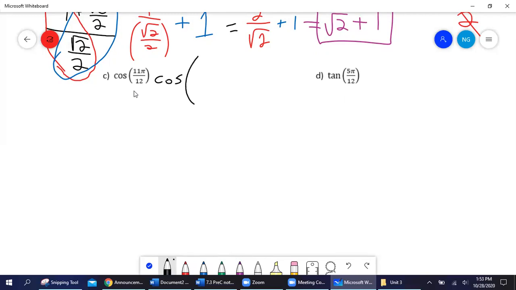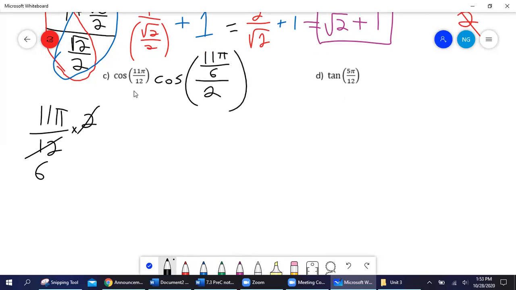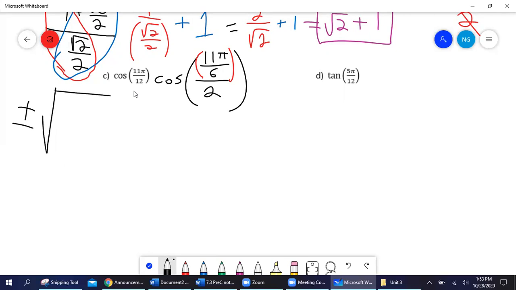11 pi over 12 is half of some angle. Remember what we did up top? We took the angle and multiplied it by 2 to figure out what the x angle would be. Well, that would be 11 pi over 6. So my x angle is 11 pi over 6. Now I'm going to apply the identity for cosine half angle. Cosine's half angle is 1 plus cosine of the x angle, which is 11 pi over 6,